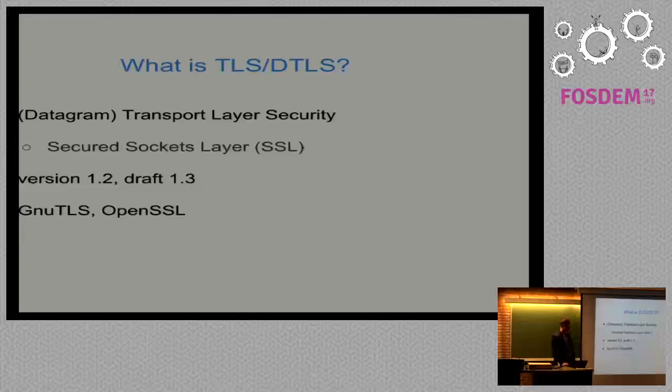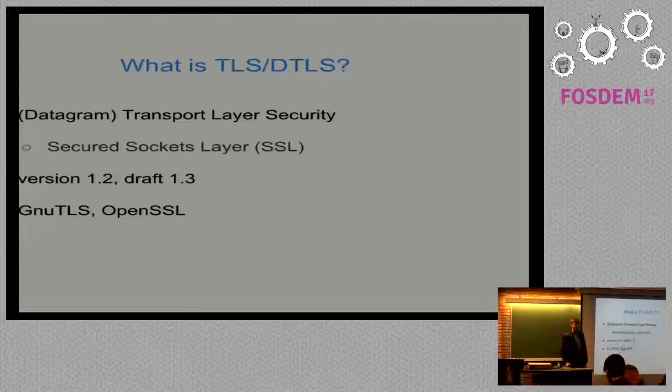We have a draft that describes version 1.3 and introduces a lot of cool stuff, such as 0 round-trip times, so you basically send your data within negotiation. It also restricts some ciphers and so on. It's still a draft, so it's not used. You can find GnuTLS and OpenSSL, the most widely used implementations. You can find, for example, LibreSSL or other libraries as well, but all of these are mostly forked from OpenSSL